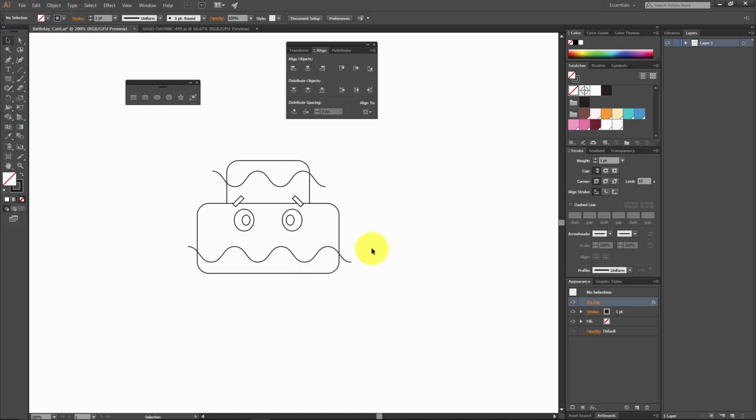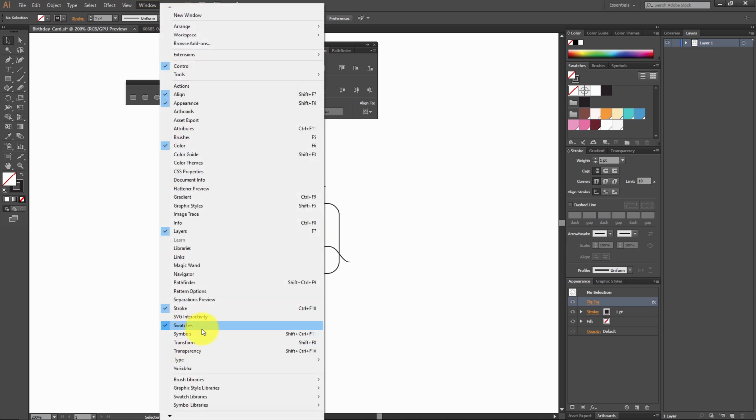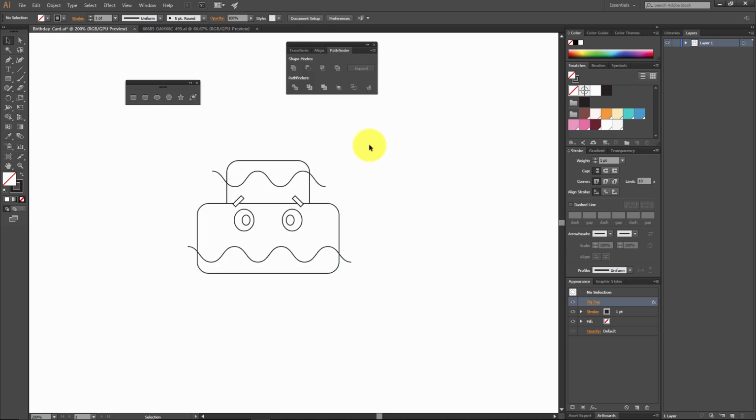So now I have these shapes, and I want this shape to be different than this one. So now we're gonna separate them, or we're gonna use these lines to separate this triangle with the Pathfinder tool. So if you go here to window and go to Pathfinder, or press Ctrl Shift F9, you're gonna have this window that is called Pathfinder. And if I select both this rectangle and then the line that I just created with the zigzag effect, and I go here to the divide, you're gonna see that